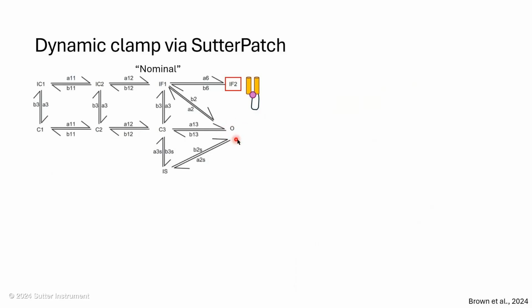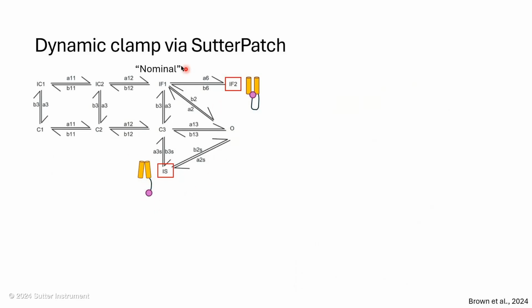And so while some of those channels can go from the open conformation into the fast inactivated state, other channels can go into what is called the slow inactivated state, or the IS in this model. And if we depolarize the membrane enough, while some of those channels will go into fast inactivation, some of them will go into slow inactivation and remain open, but over time, those channels will not conventionally close, like the fast inactivation state, but will kind of collapse in on themselves, which terminates the conductance.